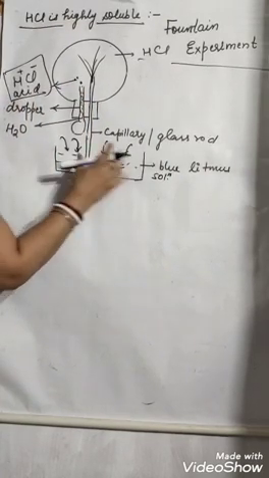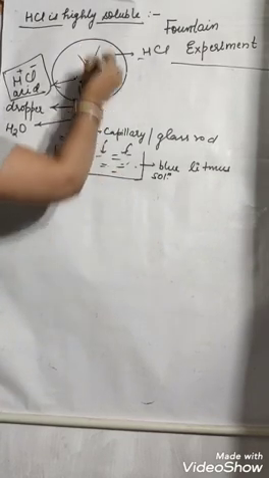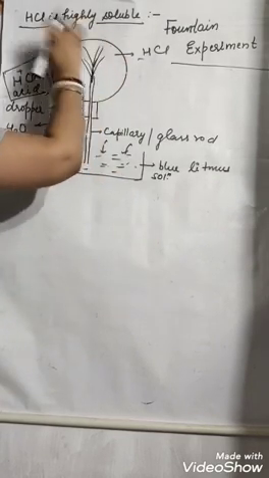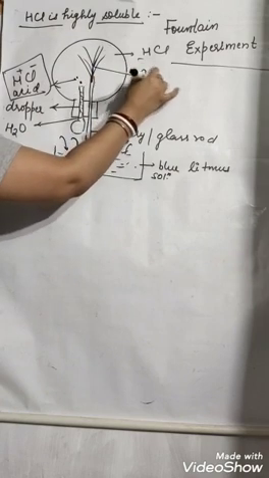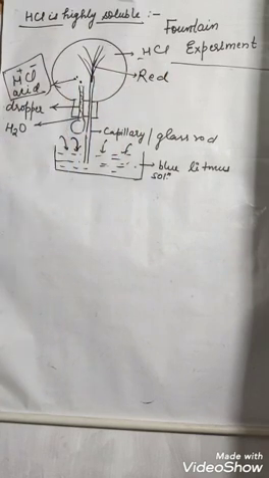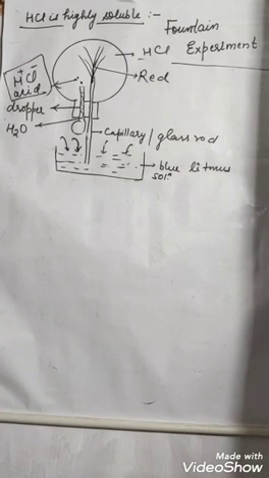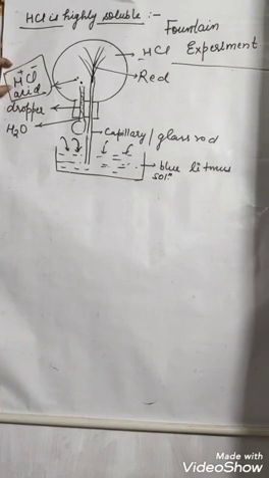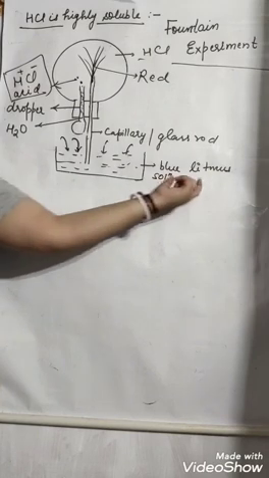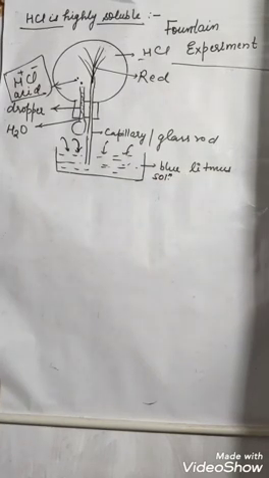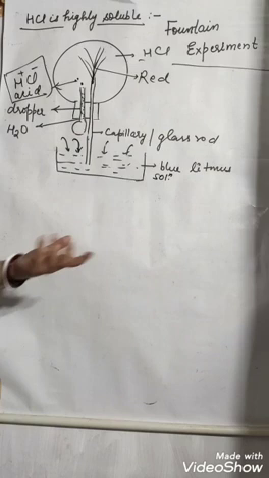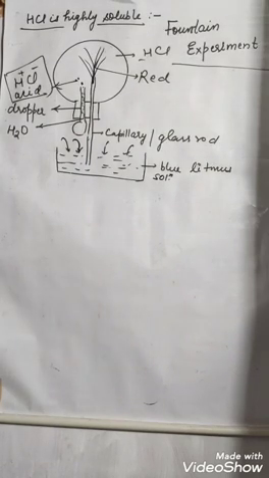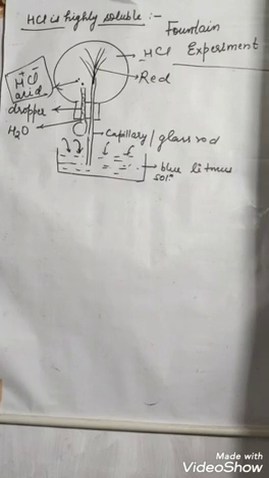So here you will look that in a tube it will be blue, but when it will go inside as a fountain, you will see the color of this fountain will be red. Why red? Because HCl has dissolved in a water to that much extent that it has formed the acid, and acid it has formed means H plus or hydronium it must be having. So hydronium or H plus will turn blue litmus into red. And this proves that HCl is highly soluble in a water and HCl is having acidic character.